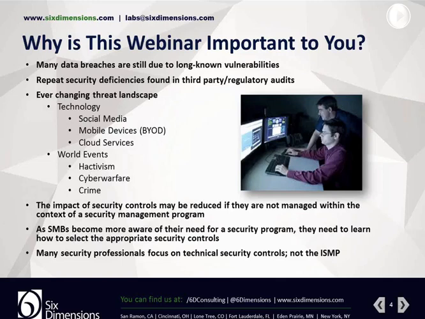Small to medium-sized businesses need to learn exactly what security controls they've selected and determine if they are the most appropriate for their particular environment. Sometimes we select security controls because of a particular issue. And once we put it in place, if we don't do that within the context of all risk that is imposed upon a particular infrastructure or asset, then we may be missing out on reducing risk in a more effective way.